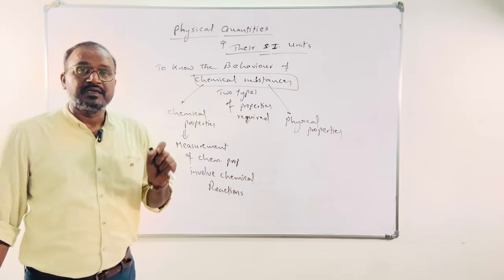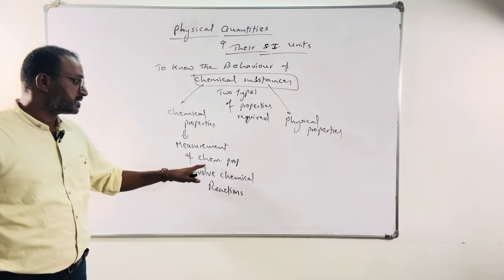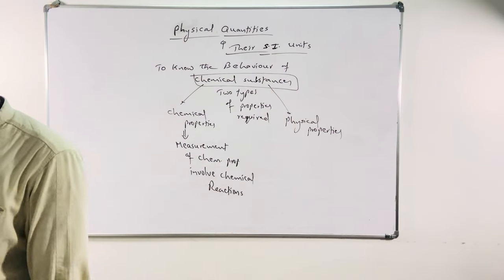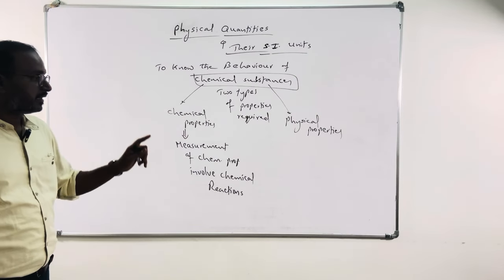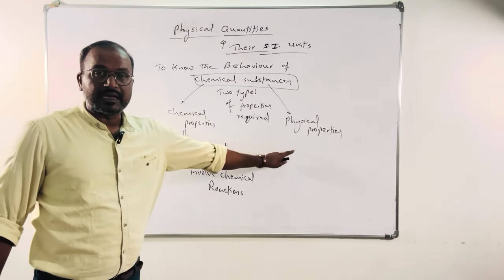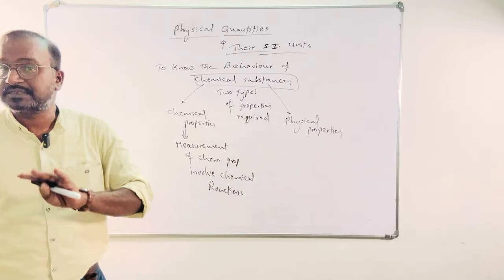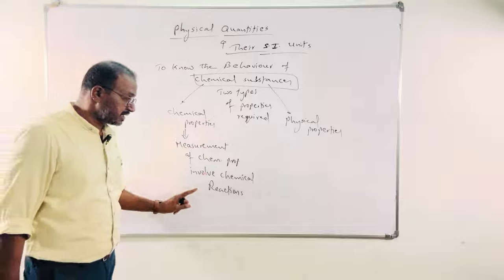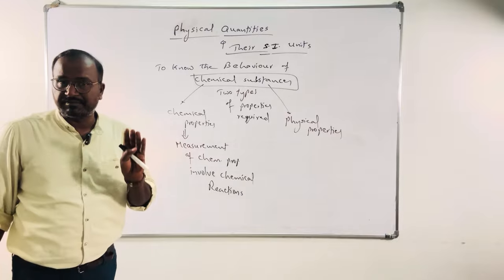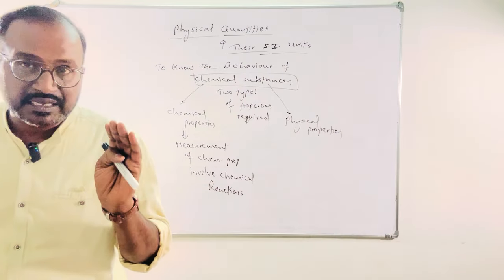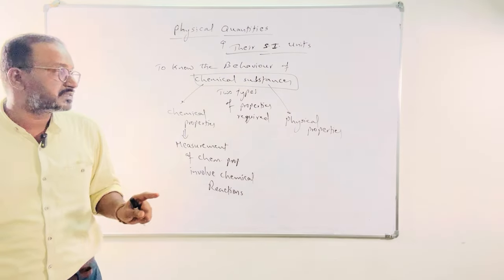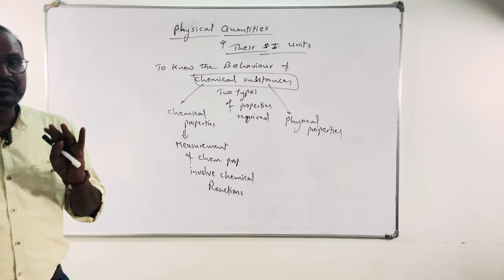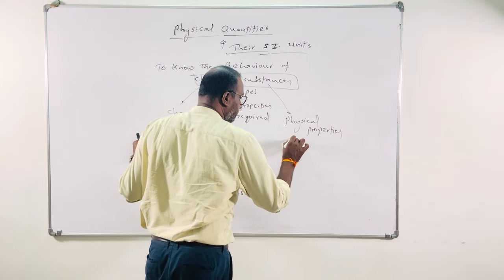We can measure chemical properties of a substance based on the chemical reactions, whereas physical properties cannot be determined by chemical reactions. Only chemical properties can be measured by using chemical reactions. To measure the physical properties, we require some physical properties, like